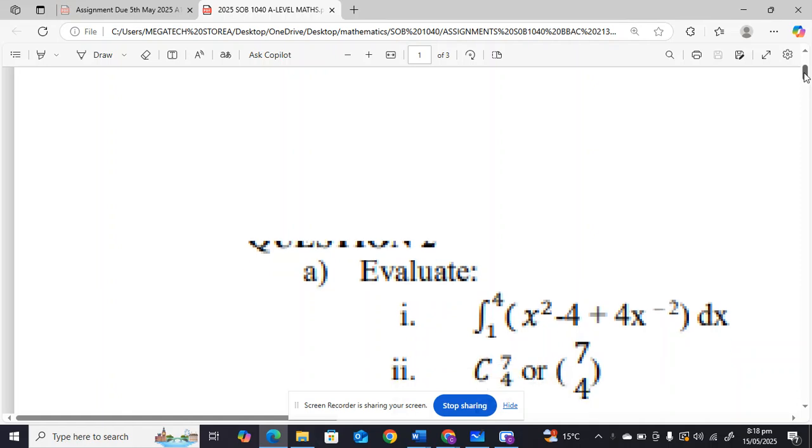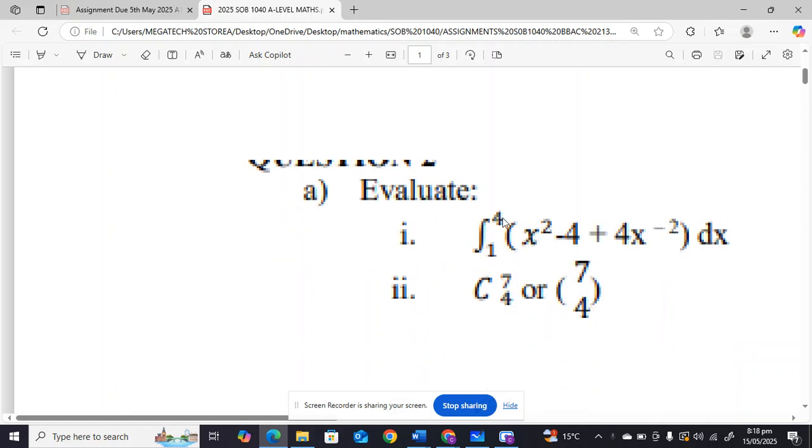So I'll look at this question on integration. Whenever you see numbers on the integral, this symbol here is called the integral. The number on top is the upper limit. The number at the bottom is the lower limit. So whenever you see these numbers, after you integrate your expression, you're going to substitute this